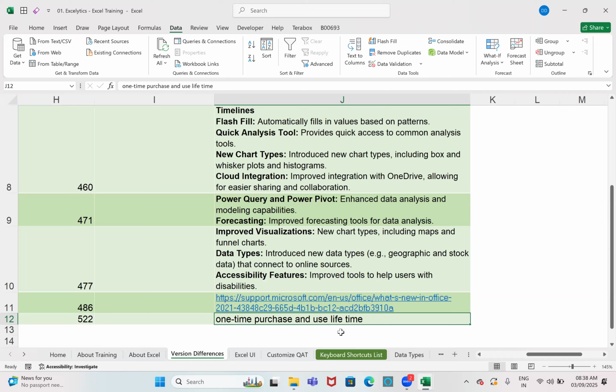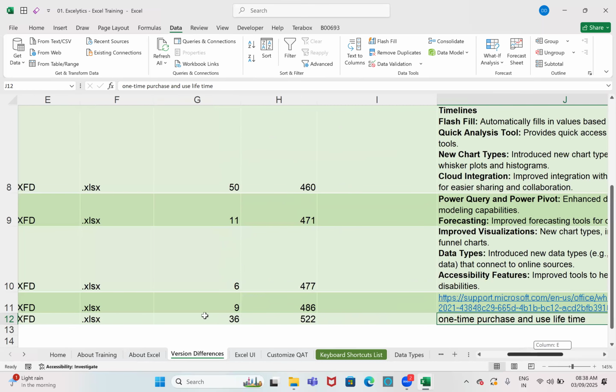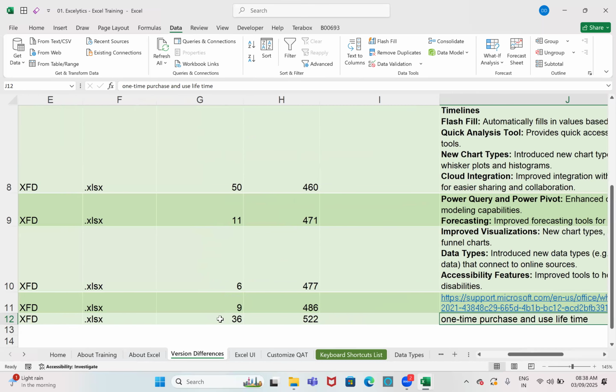If it is Office 365, you will get a live application. All the new features you can see here. And more, you will see 36 extra formulas in Office 365. So total 522 formulas. Is it clear? So that is about version differences.